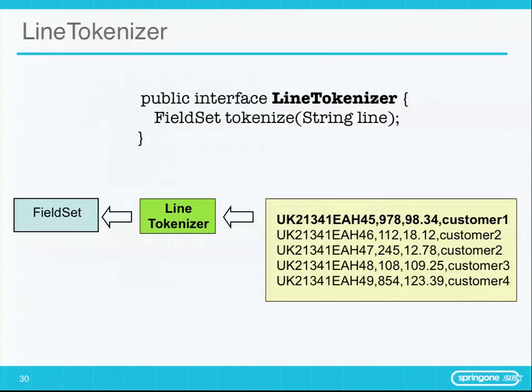Flat files, this is the one that a lot of people ask about. Flat files, it turns out, has this very rich API specifying how each flat file reader should work. So for the flat file reader you can specify how it tokenizes, how it breaks it into columns and so on. And that's all specified by these interfaces that you can plug in. There's a whole bunch of useful ones out of the box, though.